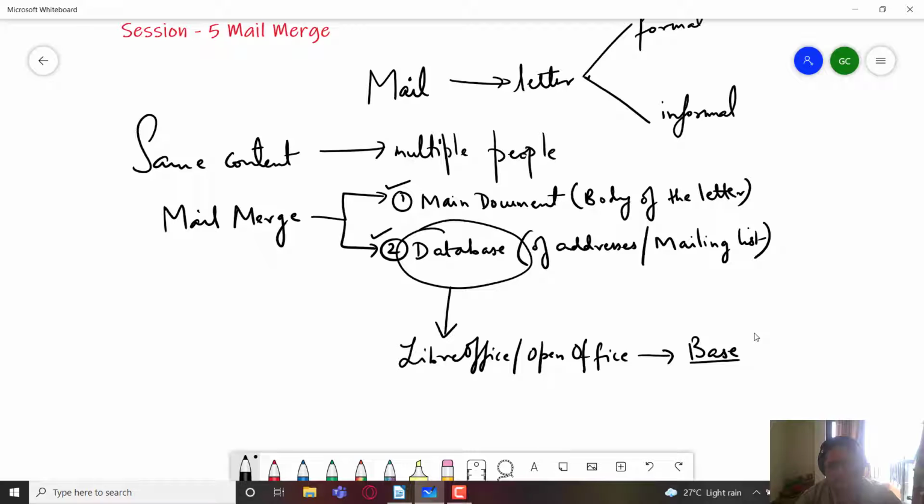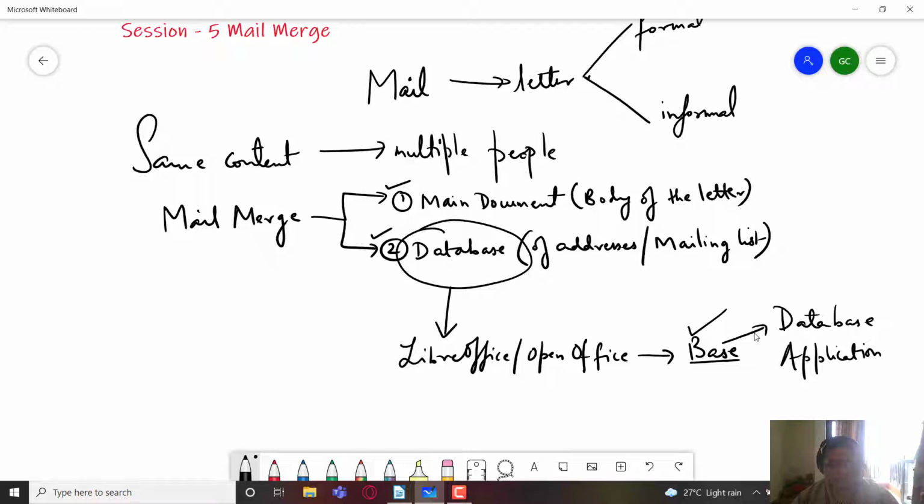So what is Base? It's a software just like your Writer, Calc, Draw, Math, which are various components packaged within LibreOffice or OpenOffice. So Base is the database application for LibreOffice as well as OpenOffice. So the mailing list is saved in Base as a Base file.